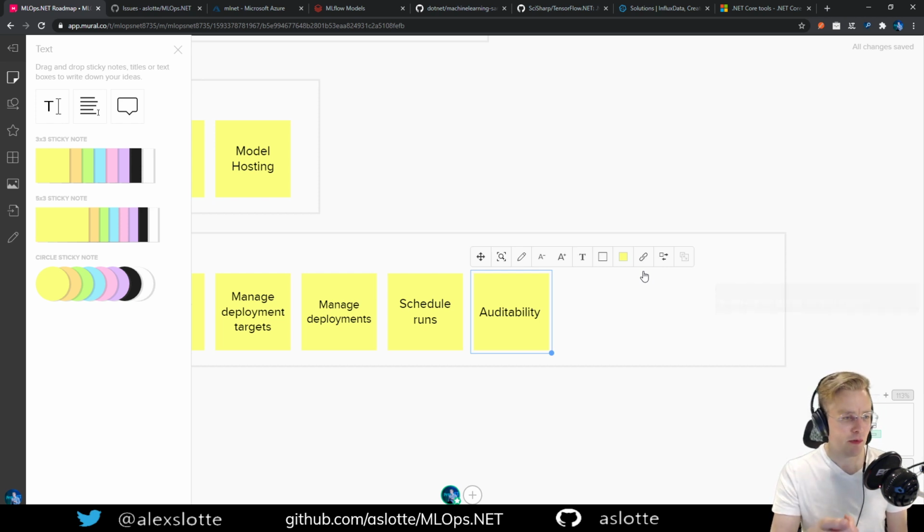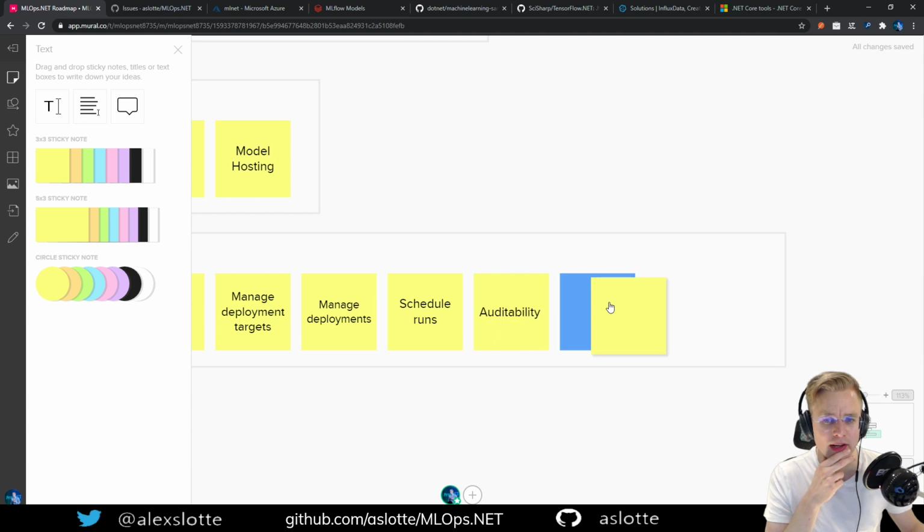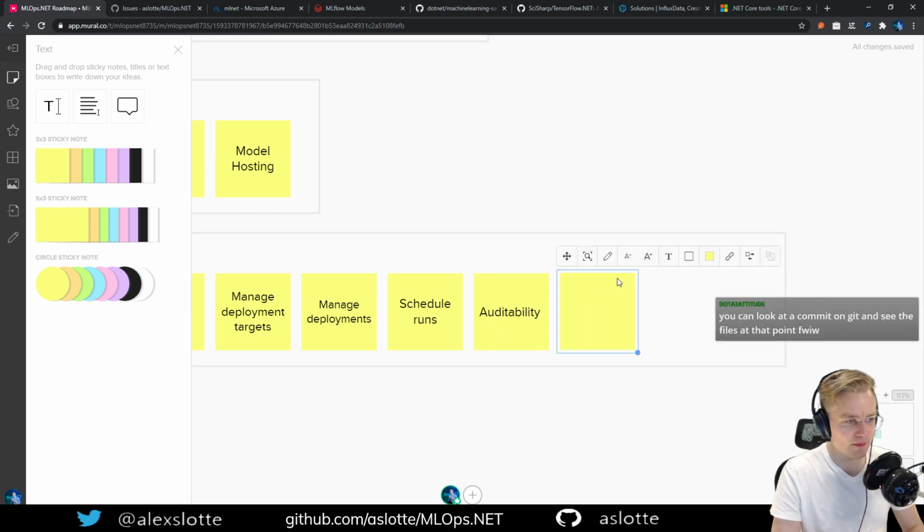We already have the ability to track git commits or those kind of things. So I'm thinking we can have a click on a model and it will take us to the git repo and a git commit that contains the code that was used to train this model on. And the same thing for the data and those things. So that would be really cool. So I'm thinking auditability in that aspect, and then, exactly, yeah,